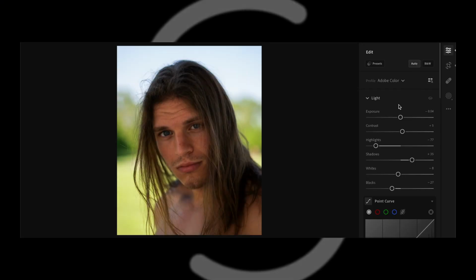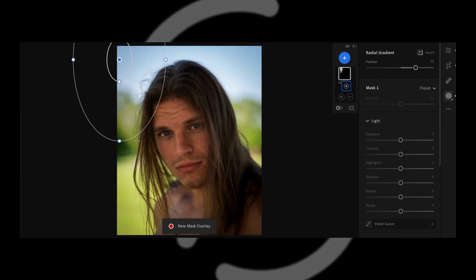Come on. Hit auto, went down to the point curve, gave it the smallest S curve. And this is just for my taste. These small changes are just for my taste. It's nothing I would ever share with a client unless they were just curious and couldn't sleep at night and really wanted to know. The main masking edit that I did here was I added a light source, and that's just me making a radial gradient and then